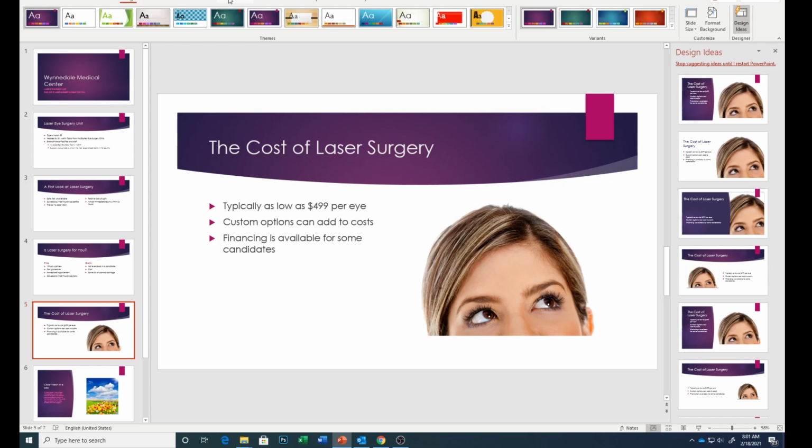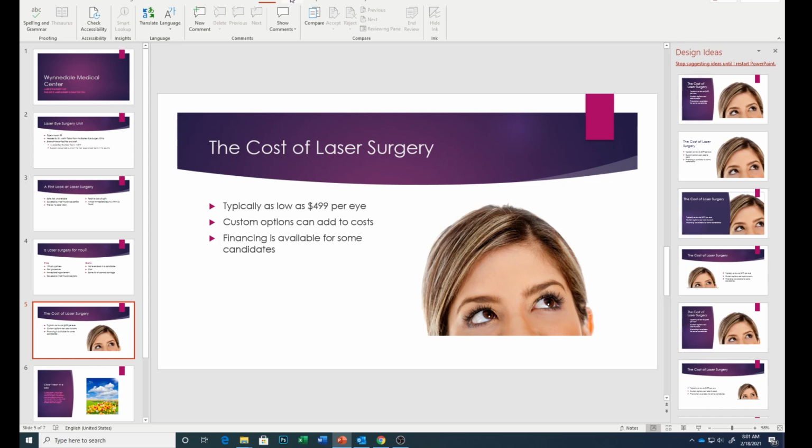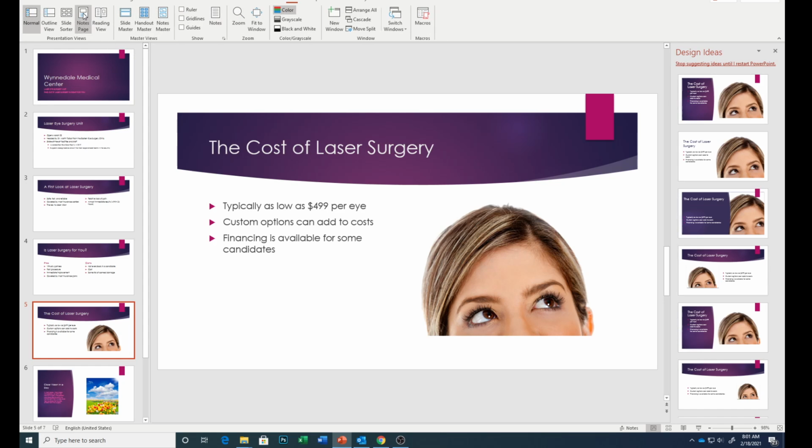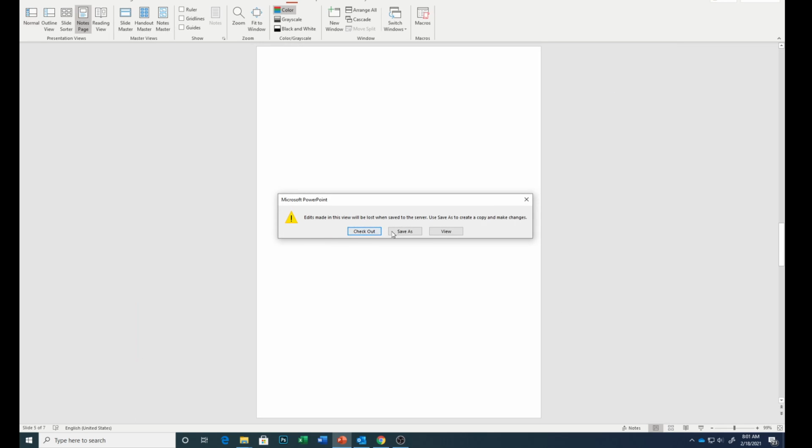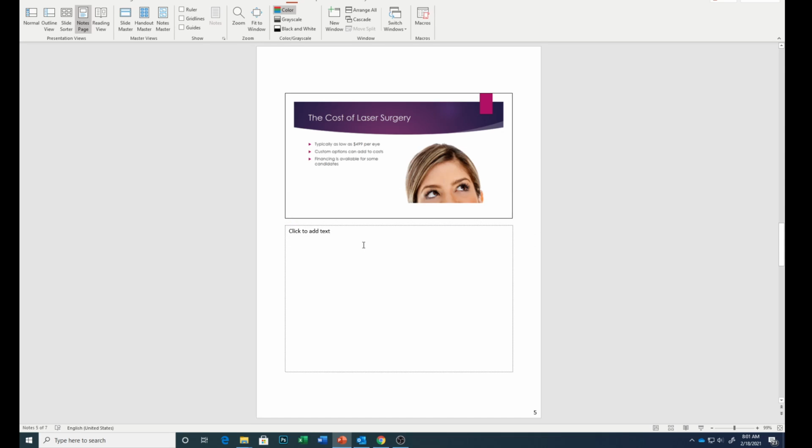If you will click view and then click notes page, we're going to click here to add text, and we're going to type: compare surgery cost to the cost of glasses or contacts, and then